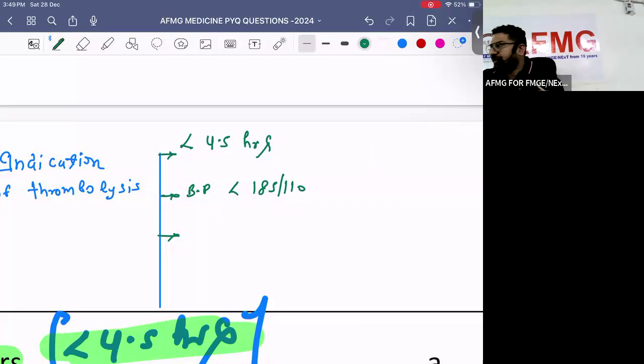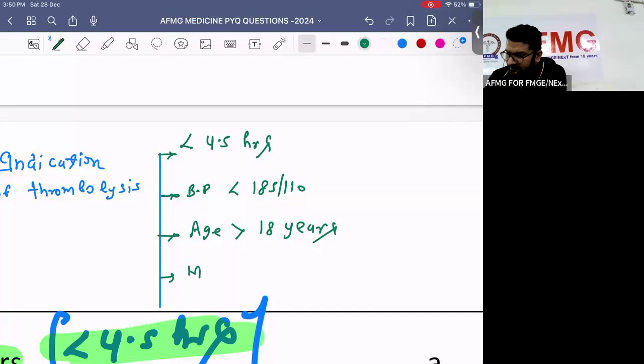और क्या इंडिकेशन मैंने लिखाया था, बताया था? एज कितनी होनी चाहिए पेशेंट की? Age should be more than 18 years. छोटे बच्चों में नहीं करते थ्रोम्बोलाइसिस. And what else I told you, just remember, MCA territory will involve less than